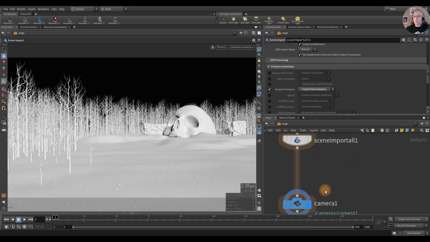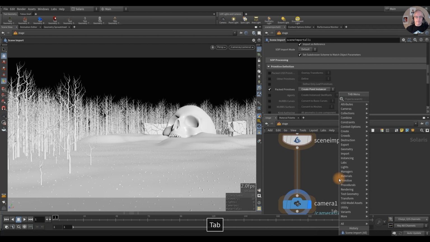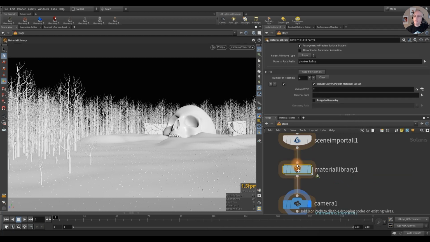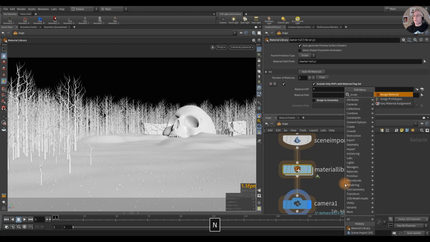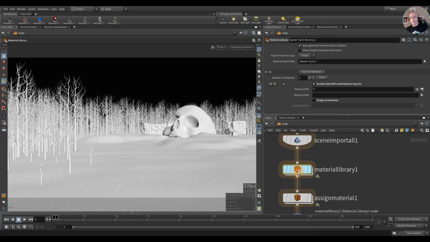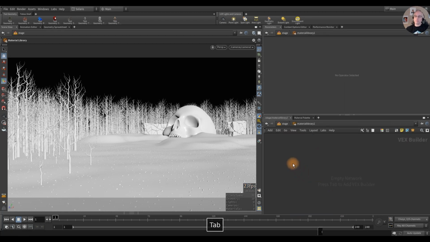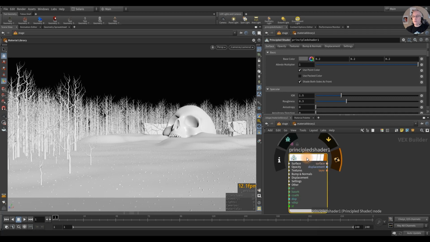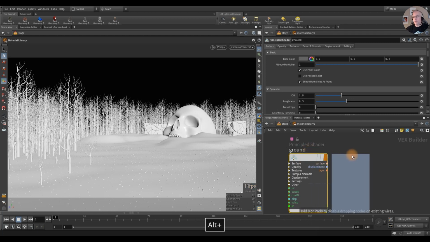So cool. First thing that we're going to do here is create a library. And we're just going to also create an assign because we know we're going to need it. And we're going to create a bunch of materials. Alright, I'm going to hop inside. I'm just going to use the principled shader because that's pretty easy to do, and it works pretty nicely with Karma XPU. So the first one is going to be ground, and I know I'm going to need one for